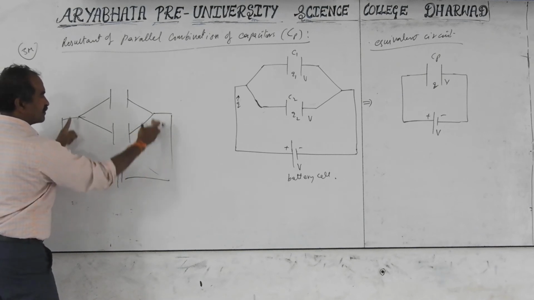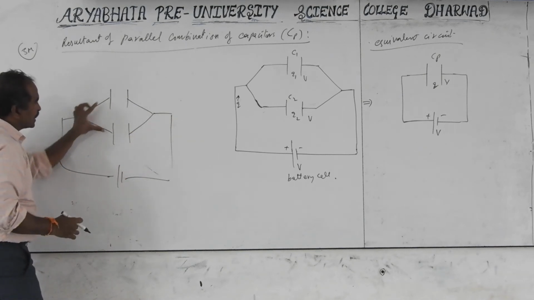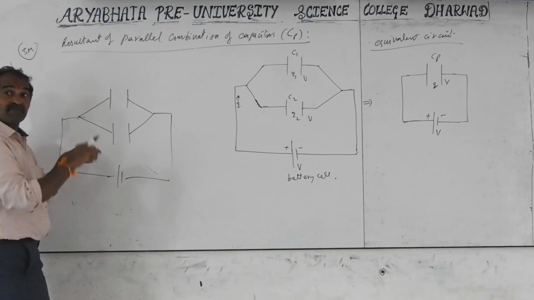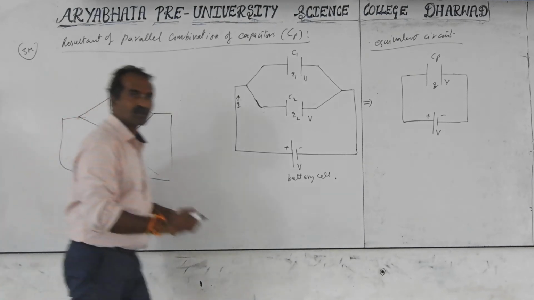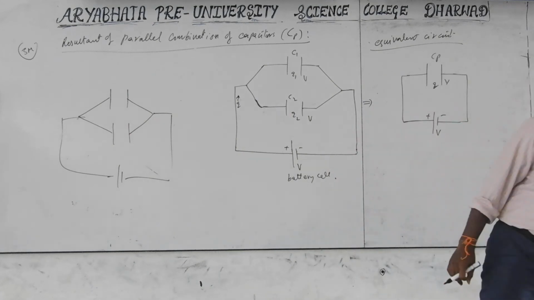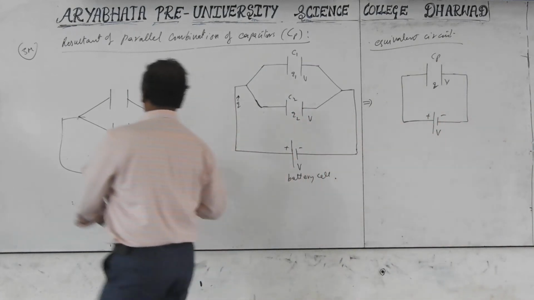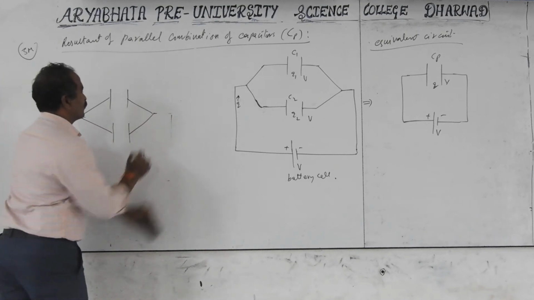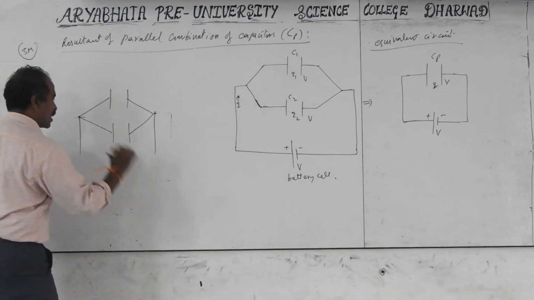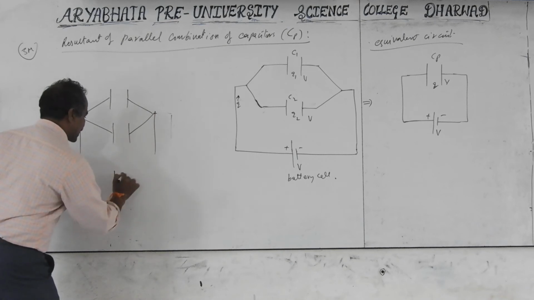Directly these connections can be taken from here also. What these lines indicate is wires. So a wire can be bent into any shape. So I can take this wire direction in different ways also. The same diagram can also be mentioned. This diagram can be mentioned like this, or also like this. These lines can be taken only from here. It doesn't matter. Or you can mention it just like rectangular boxes.